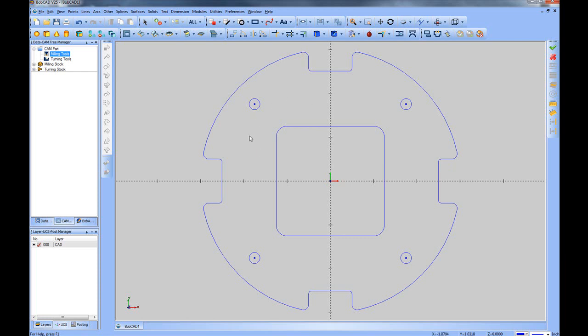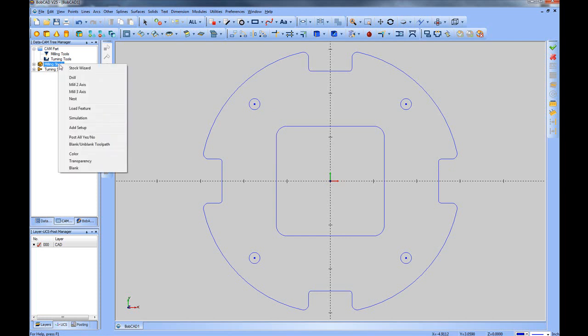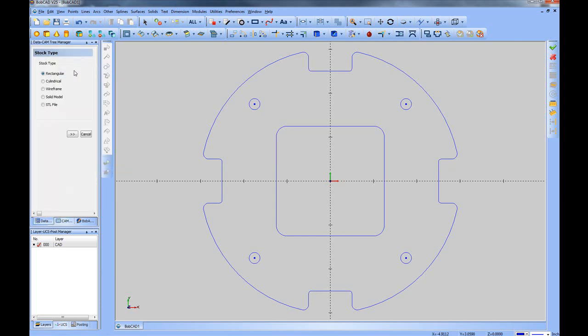The first thing to do when programming is to define the stock. So we'll right-click Milling Stock, choose our Stock Wizard, and we'll pick what type of stock we're going to machine this out of. Let's go ahead and use cylindrical. Let's say we're cutting this out of a piece of round stock. We'll choose Next,